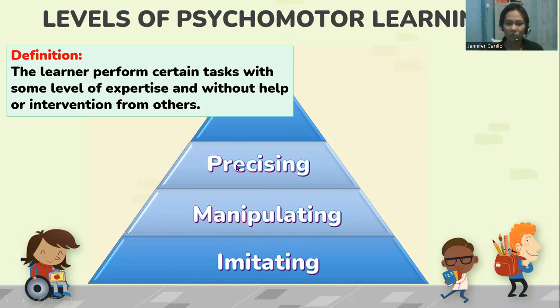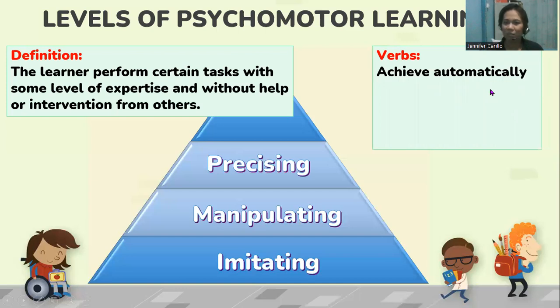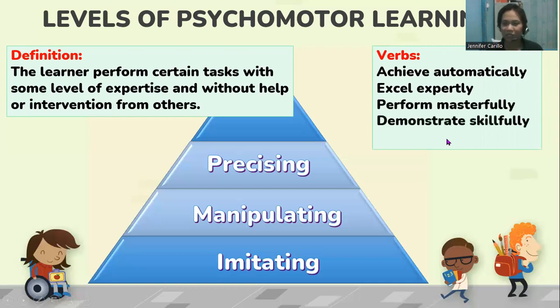So what are the verbs that we can use so that students can achieve this level? We can use achieve automatically. Our students show initiative to perform a task without being told or without instruction. Excel expertly, perform masterfully, demonstrate skillfully, calibrate perfectly. For example, troubleshooting a computer with technical issues. The student reaches precising if the student can troubleshoot without the supervision of the teacher or the guidance or assistance of classmates. They can do it